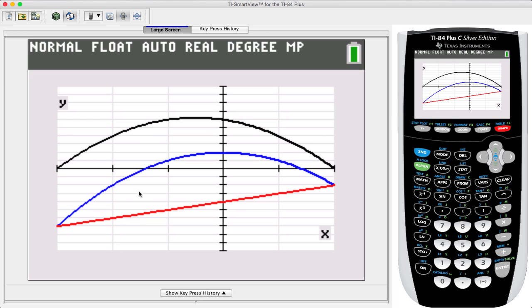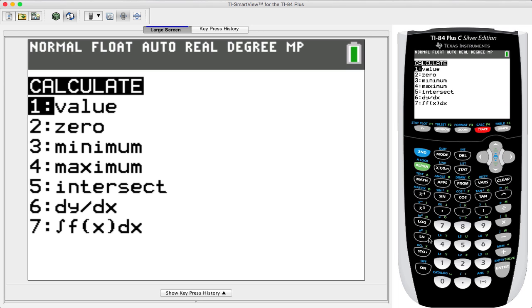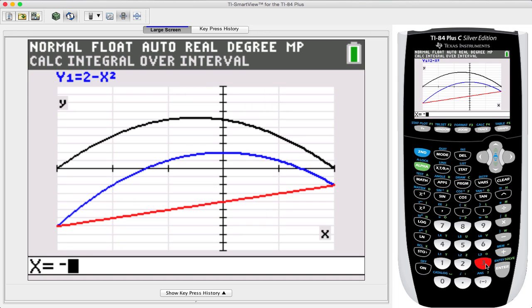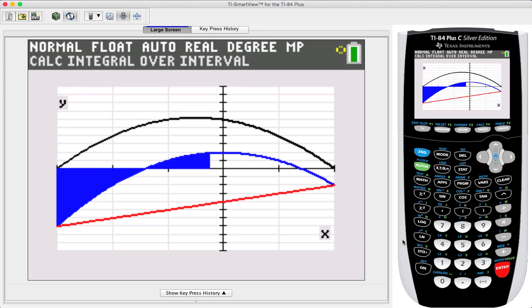Here we see that the area of the region between the blue and the red is being shown as the black curve and the x-axis. So we're going to take the integral, or we're going to integrate this black curve. So here, let's go to second and then trace. Let's go down to 7. And we said the lower boundary was -3 and the upper boundary was 2. And whoops, I didn't do it for the right curve.